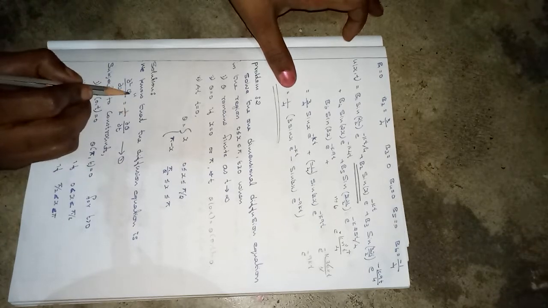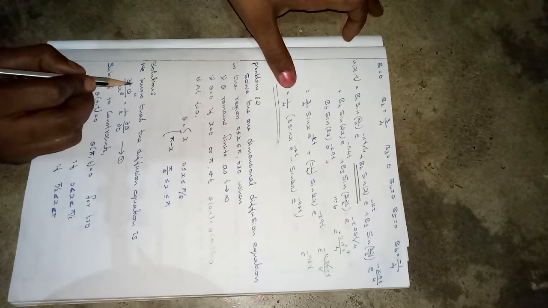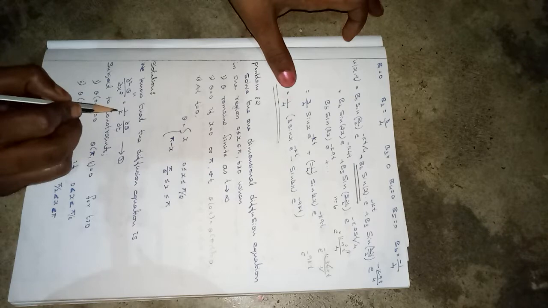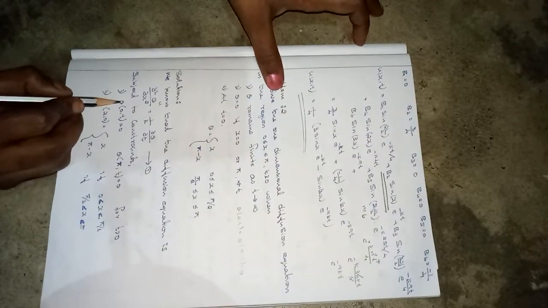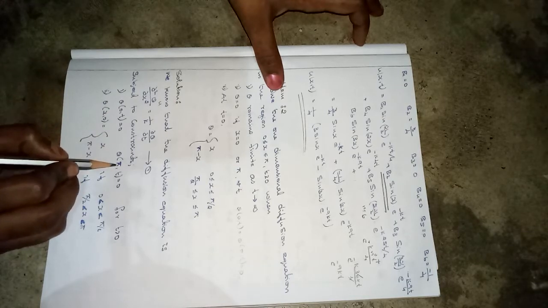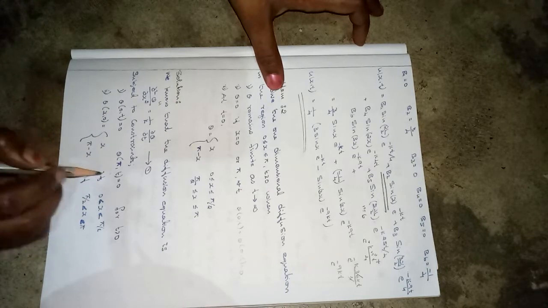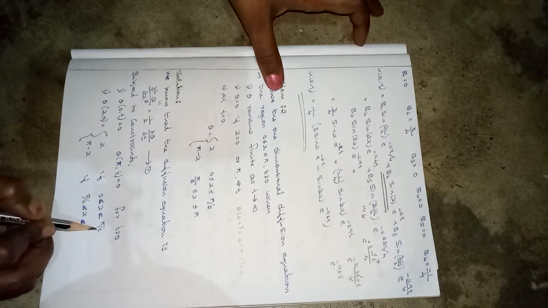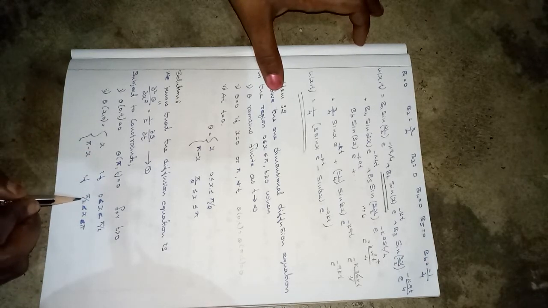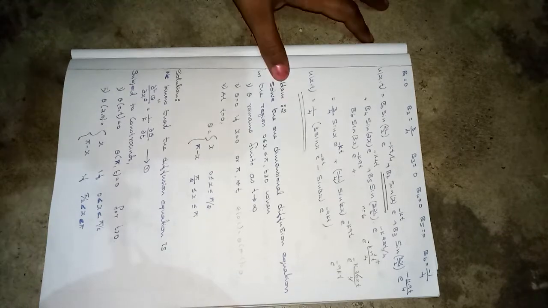In the previous problem, we denoted this by ∂²u/∂x² = (1/k) ∂u/∂t, subject to the constraints θ(0, t) = 0, θ(π, t) = 0. This is given in the problem. θ(x, 0) is equal to x when x lies between 0 and π/2, and π − x when x lies between π/2 and π.